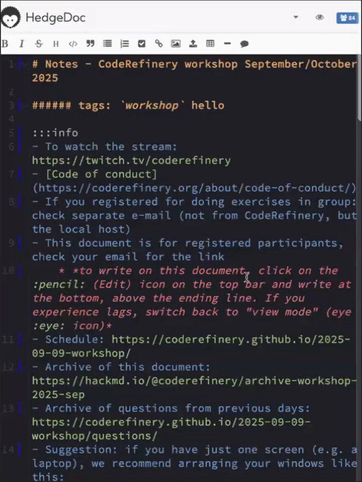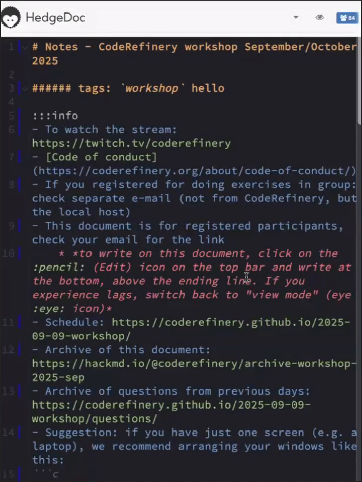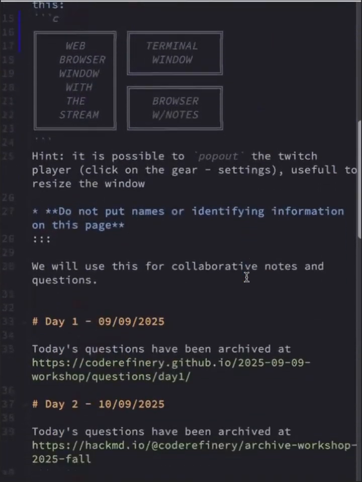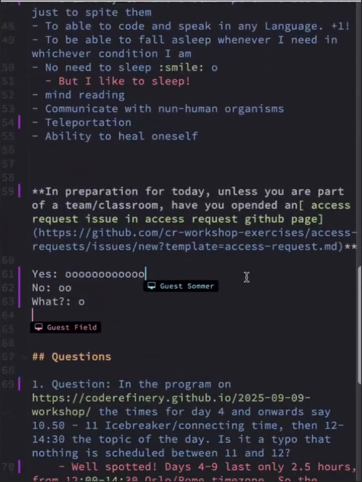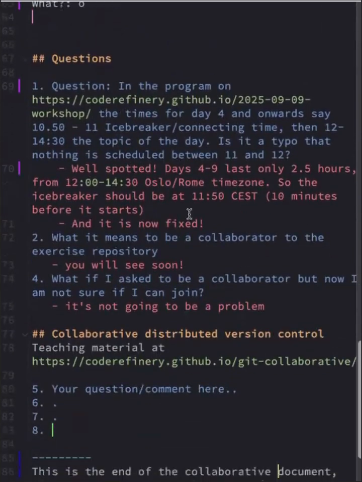When I click the pencil, it will switch to an edit mode. And here I'm scrolling down, and there are already some questions, and some of our helpers have already answered.